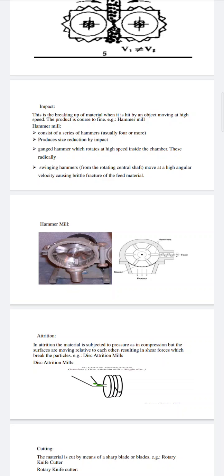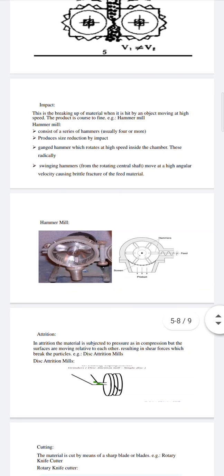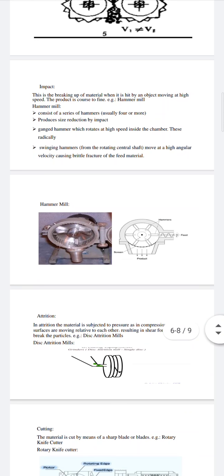Hammer mill consists of a series of hammers, usually 4 or more, hinged on a central shaft and enclosed within a rigid metal case. It produces size reduction by impact mechanism. The materials to be milled are struck by these rectangular pieces of hardened steel, which are called ganged hammers, and which rotate at high speed inside the chamber. These radially swinging hammers from the rotating central shaft move at a high angular velocity, causing brittle fracture of the